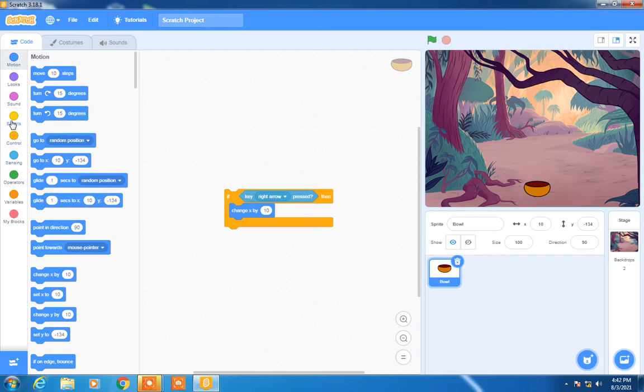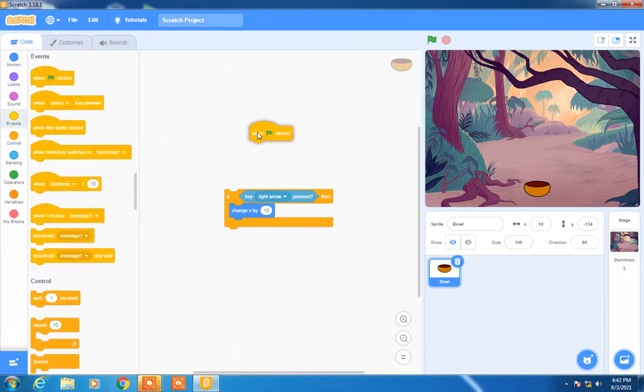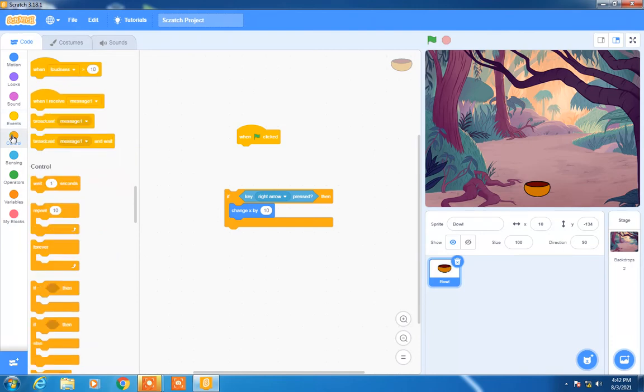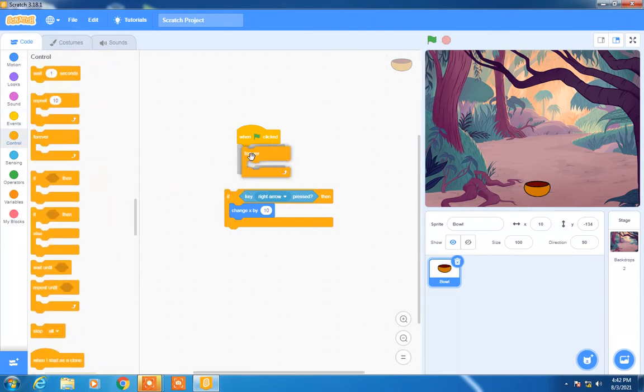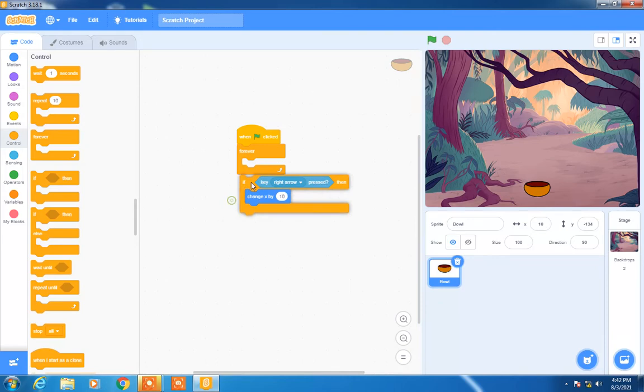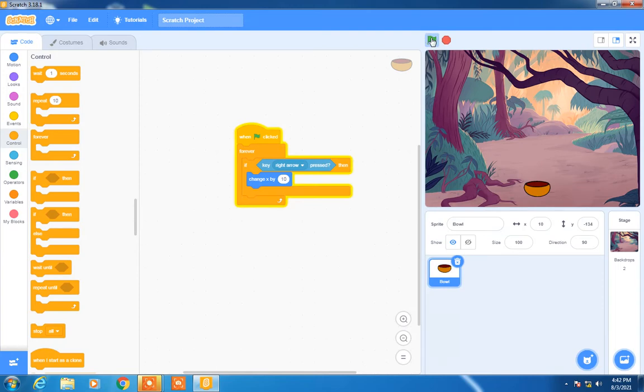So now this has to be performed whenever the green flag is clicked, and it has to be done always, that is forever loop has to be used. The use of this is till the green flag is clicked, this code whatever is there inside forever loop has to be continuously executed. So now let's check. Now we are pressing our right arrow key, so it's working perfectly fine.